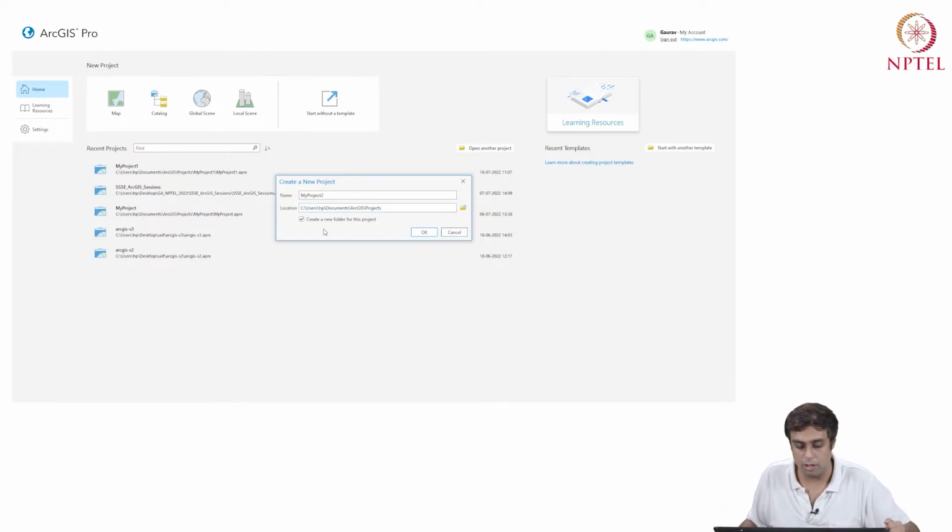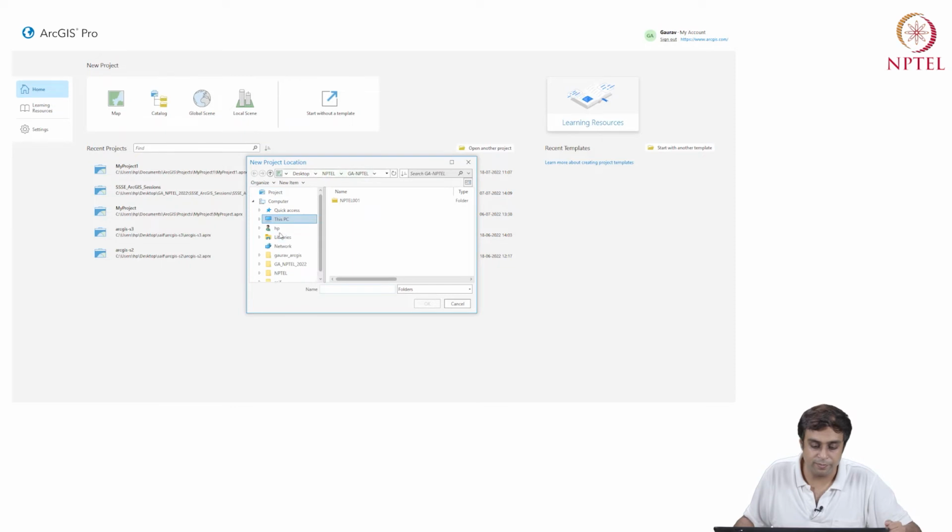So I'm going to say open. I'm going to go to desktop and I'm going to go to this folder called Gaurav ArcGIS, which is just my name with ArcGIS. And here, I have these two folders already with me called data sets and practice sessions. I'm simply going to name a folder here at this location. I'm going to call it Spatial Statistics and Spatial Econometrics ArcGIS project. Okay, and I'm going to say okay.